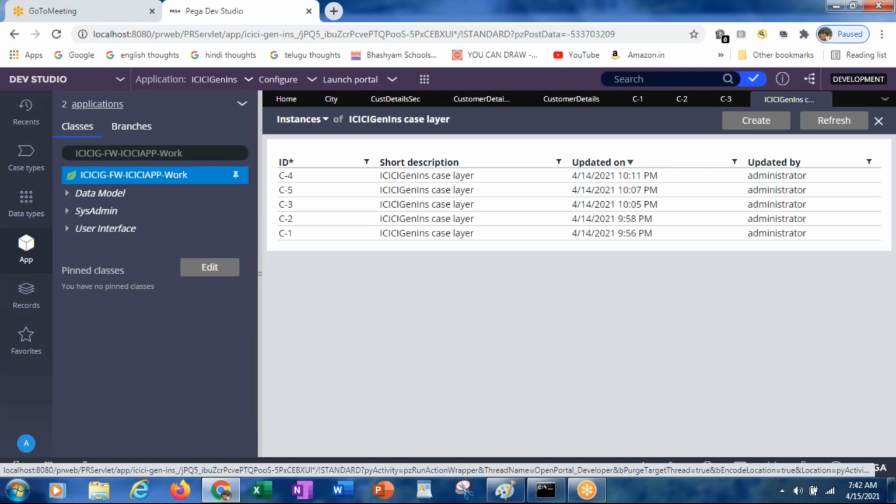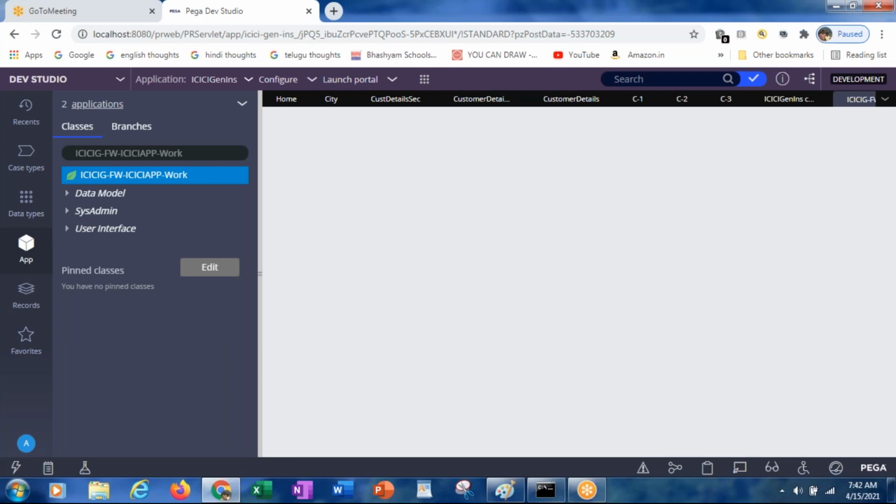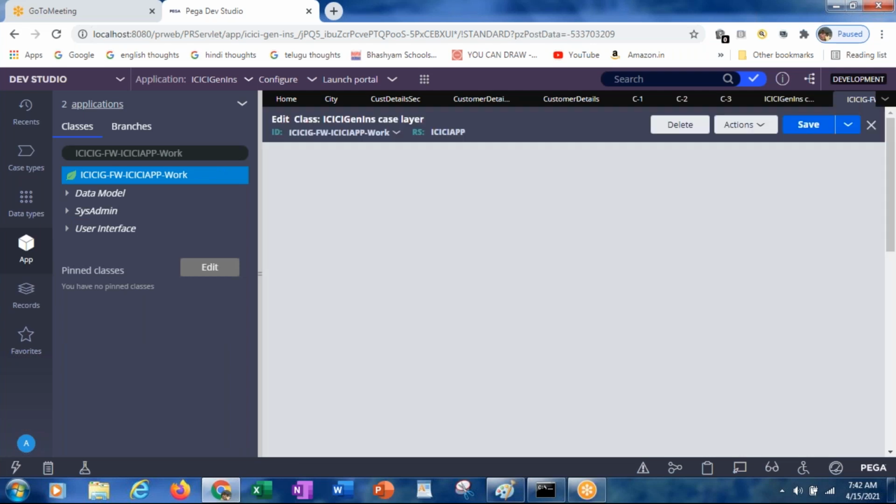See there, totally I created 5 cases for this particular class. And if you want to see the class definition, you can press the right mouse button and go for the definition.